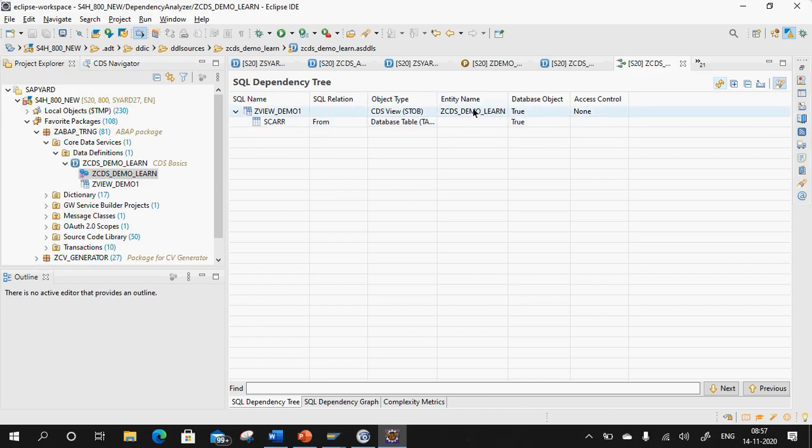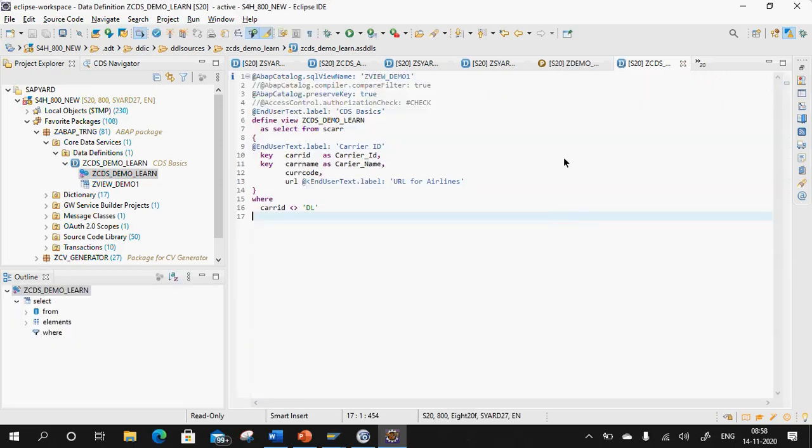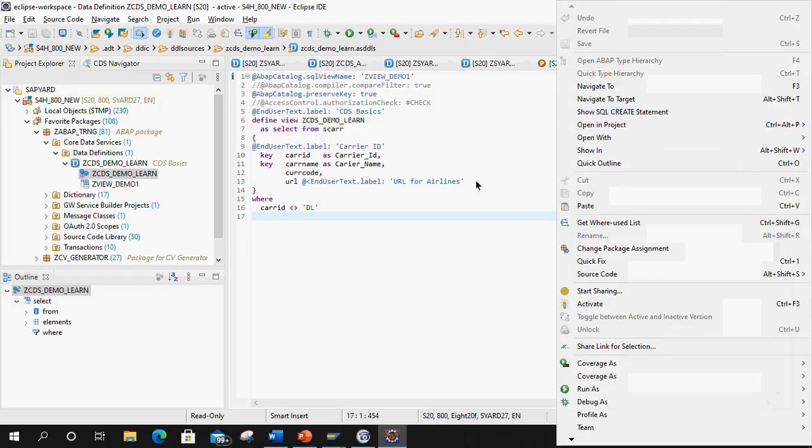But don't get confused, this CDS view is not my database object. So if you see the dependency tree, this is my SQL view name. This SQL relation is coming from your database table SCARR, and this CDS view name, entity name, is not your database object. The database object is only your SQL view. And since I haven't specified any data control language as an access control for the same, the access control is none. So I showed you the active annotations and the dependency analyzer.